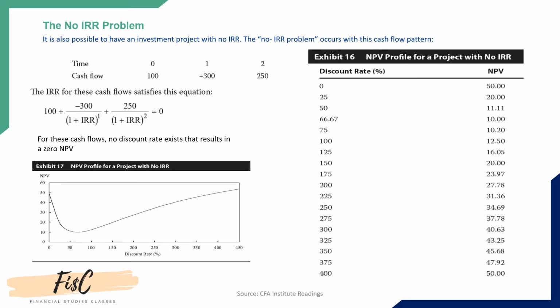But since you don't have any IRR, you are not able to decide if you are using IRR as a criterion. Hence, NPV is superior and one should always go for NPV. It doesn't mean you should not look at IRR, but definitely once you have to select between IRR and NPV, you should select a project based on NPV.